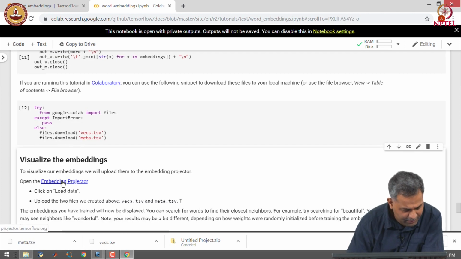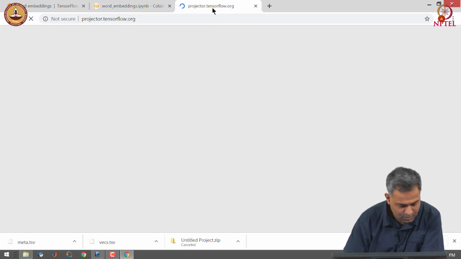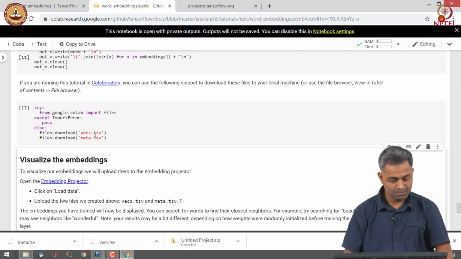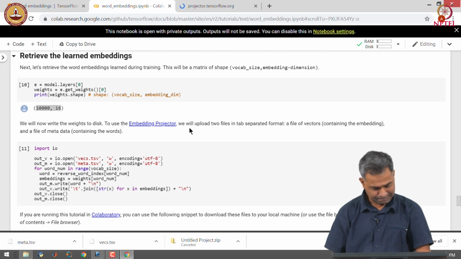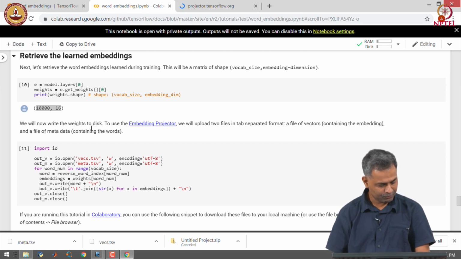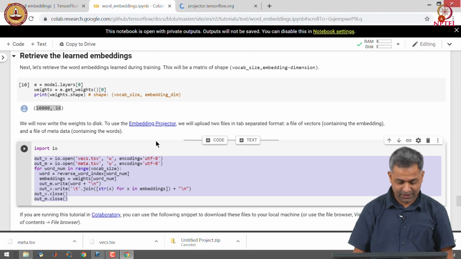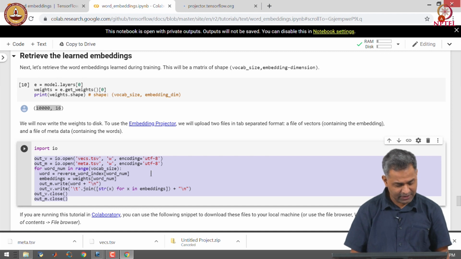Let us go to the embedding projector and upload both these files. By executing this code, we have written the weights to the disk. To use the embedding projector, we need two files, one containing the embeddings and the second containing the words.